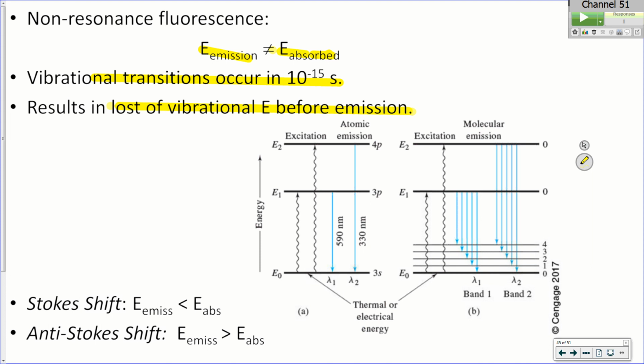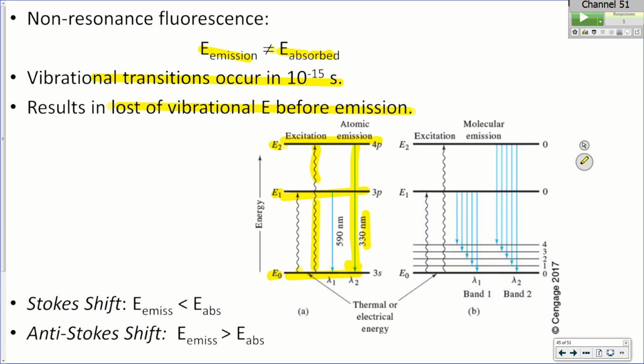So what happens in atomic species, this energy level diagram represents what we have in atomics. There's nothing but these electronic levels. So again, the dark lines represent electronic levels. So you can have an absorption or an excitation event, and then you're going to have an emission event. So this is the 330 line of sodium that's exactly the same energy. Okay, so that's resonance fluorescence.